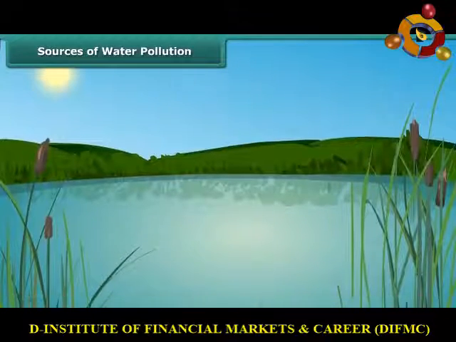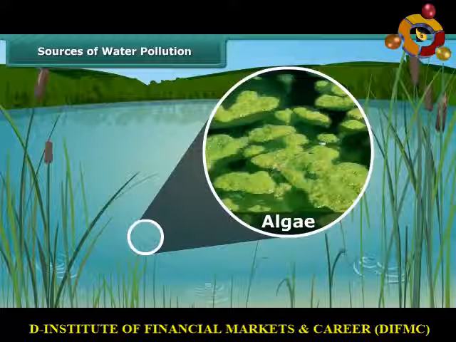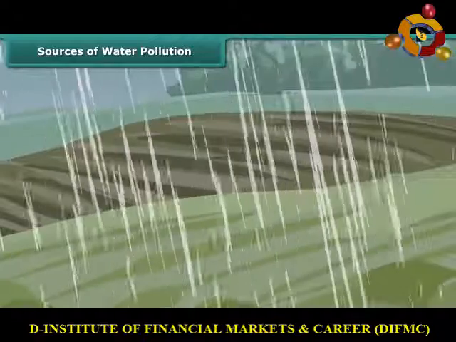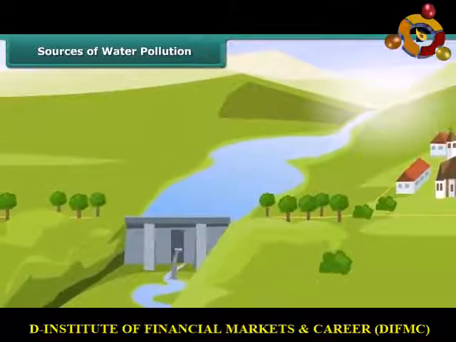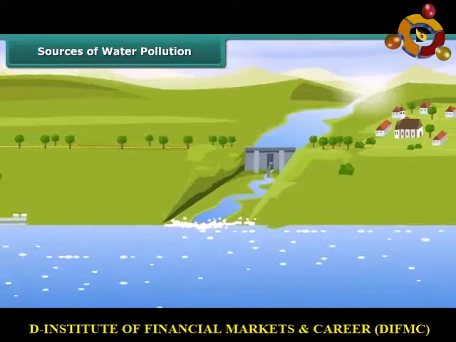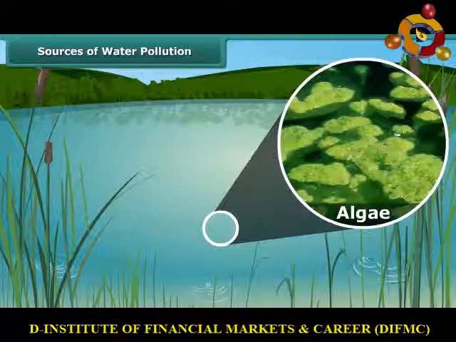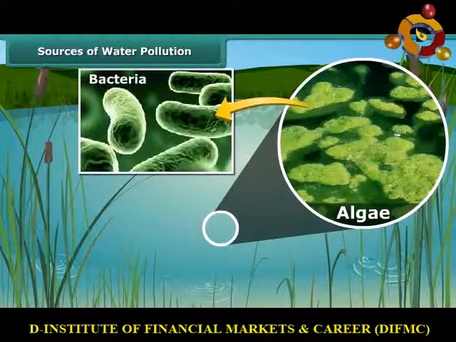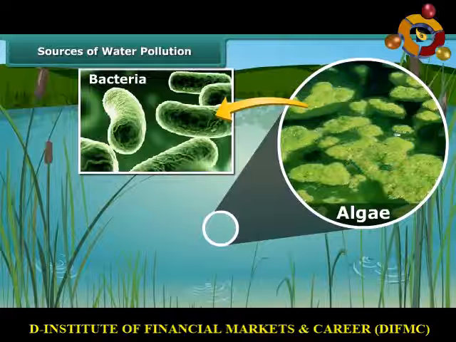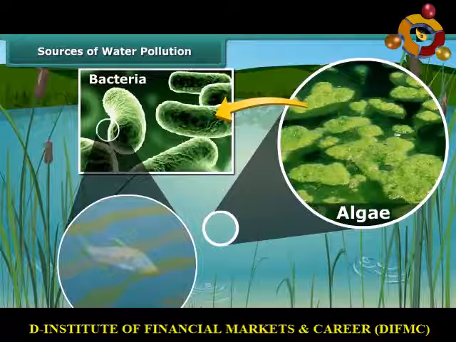Have you seen ponds which look green from a distance? This is due to algae grown in it. Do you know how these algae grow in the pond? During rainfall, large amount of fertilizers get washed from the fields and fall on the ponds and rivers. These washed-off fertilizers act as nutrients for algae to flourish. When these algae die, they serve as food for the decomposers like bacteria. Bacteria use up most of the oxygen in the water, and as a result, the fish and other aquatic animals die due to lack of oxygen.